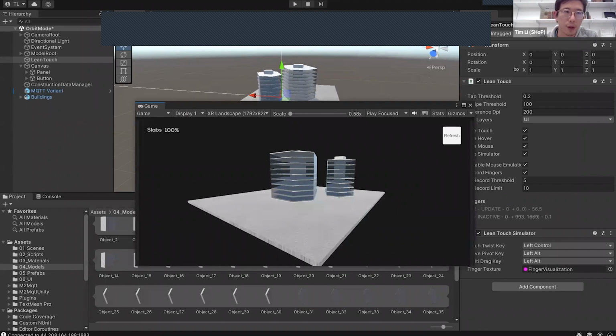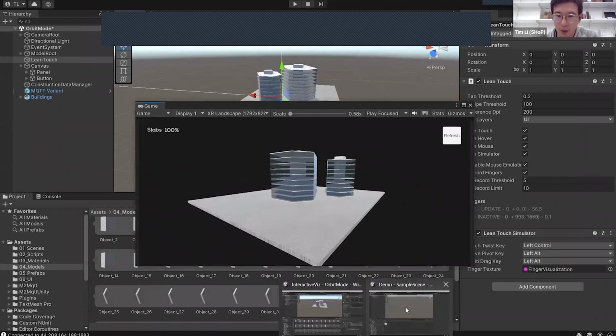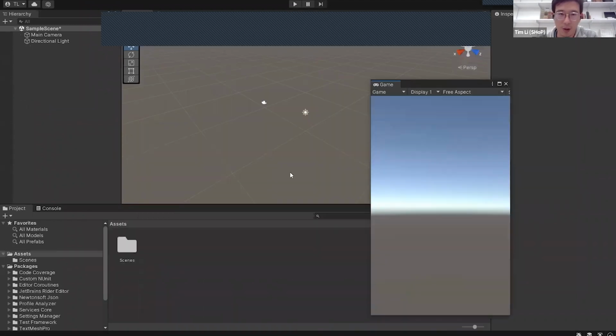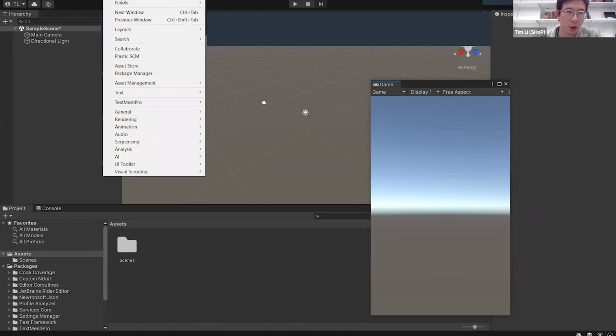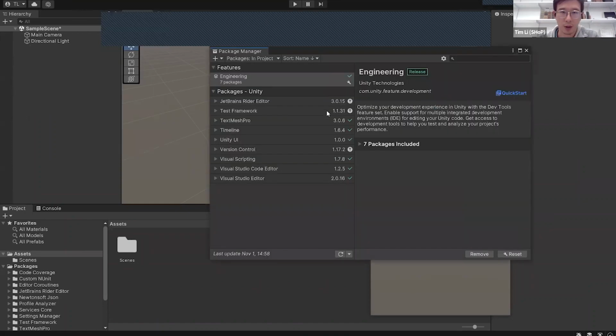But yeah, feel free to download the paid version, because that's more powerful. And here's how you would add on that plugin. So you go to Window, Package Manager,